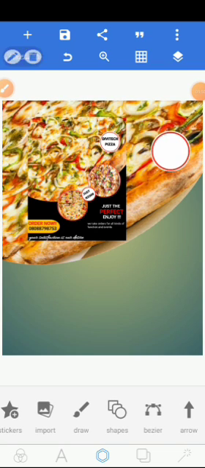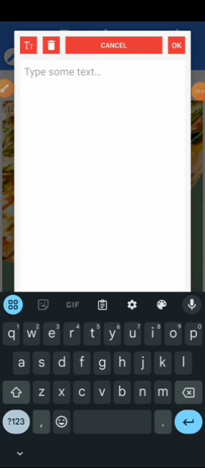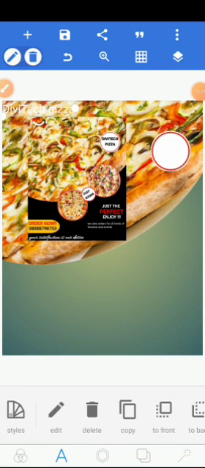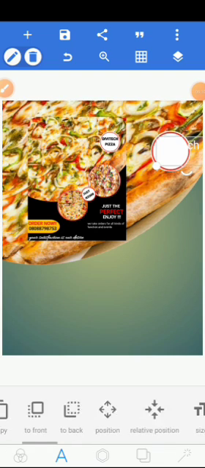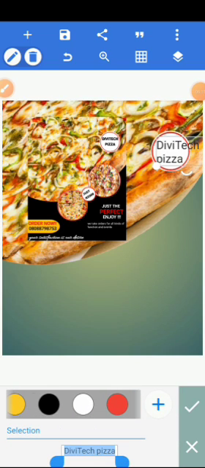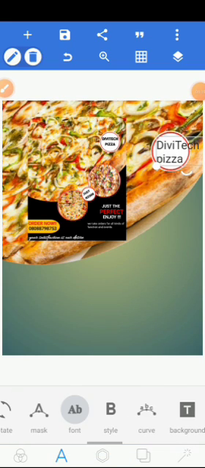Alright, let's add our text, which is David Tech Pizza. So you can add your own name. David Tech Pizza. Alright, so let's give it a color which will be black color. I will be fast this time around. Then we have to give it a font. Just click on font